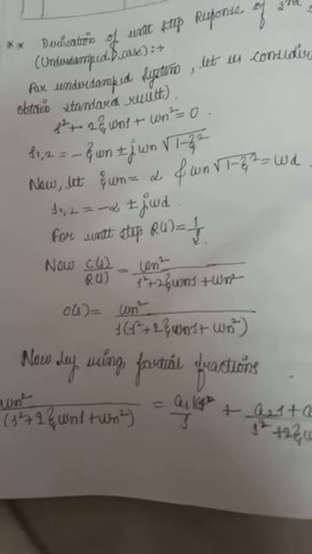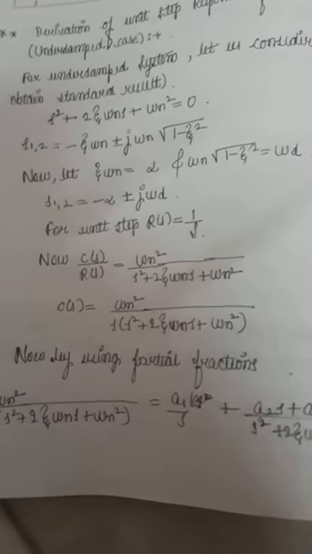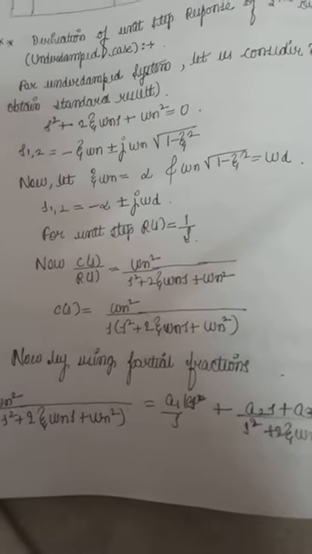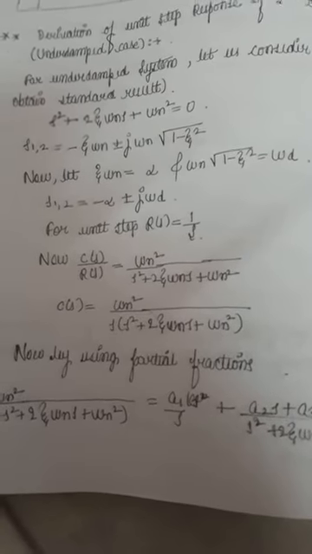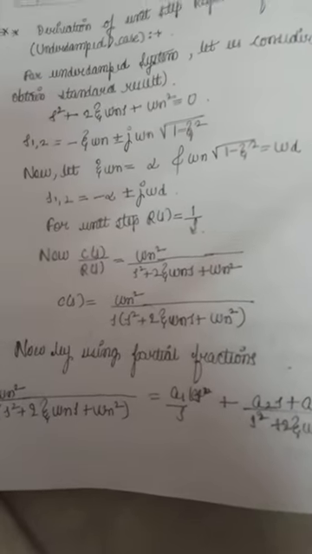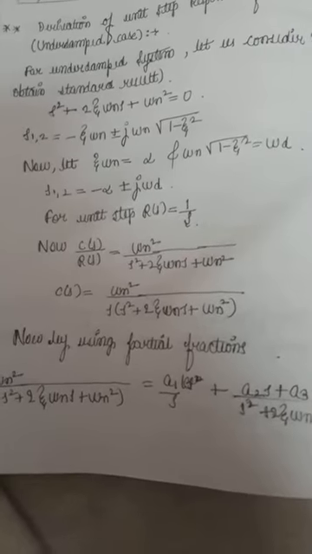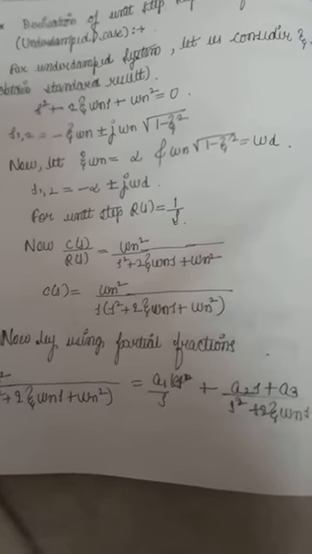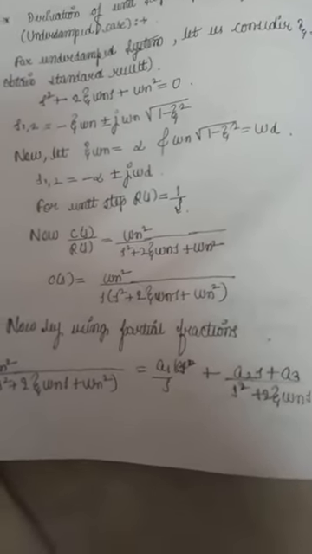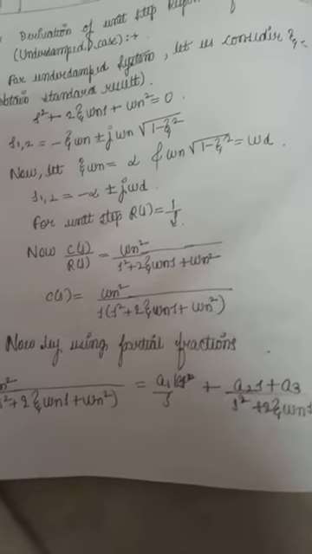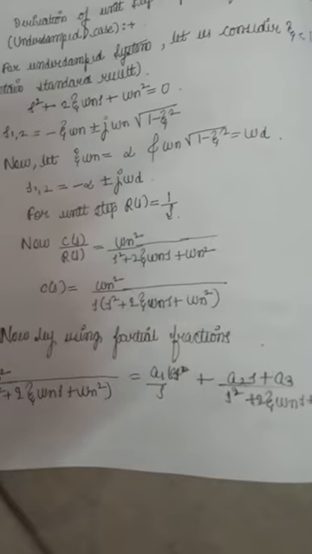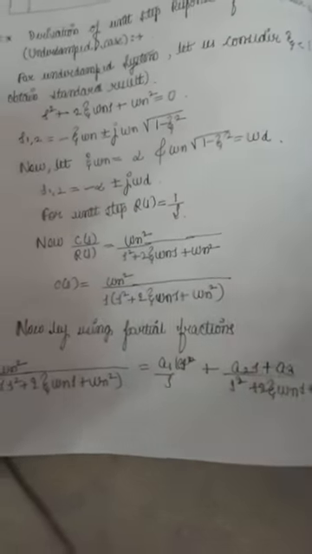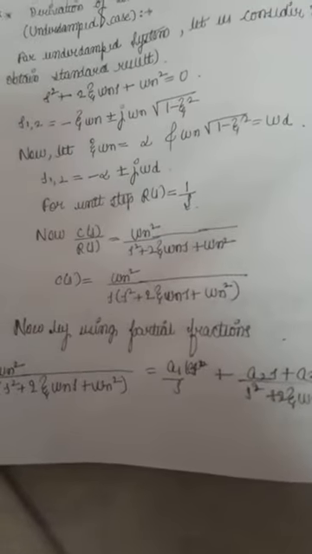For unit step response, R of t, that is R of s in the Laplace transform, we can write R of s is equal to 1 by s. We have seen in the last derivation also, right? C of s by R of s, we know the standard equation, omega_n square divided by s square plus 2 zeta omega_n s plus omega_n square. So C of s, if you take R of s that side, it will be omega_n square divided by s into s square plus 2 zeta omega_n s plus omega_n square.